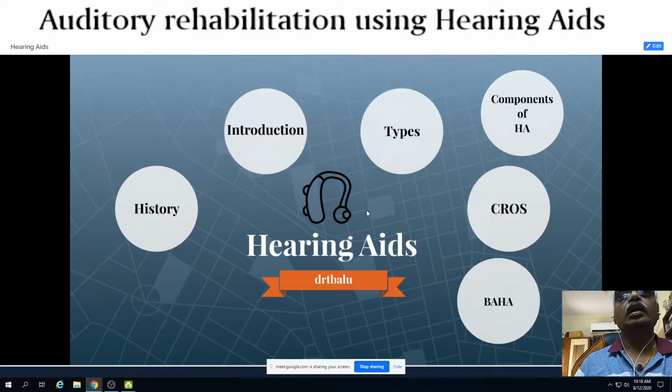Today's topic is hearing aids. In other words, auditory rehabilitation. So let us